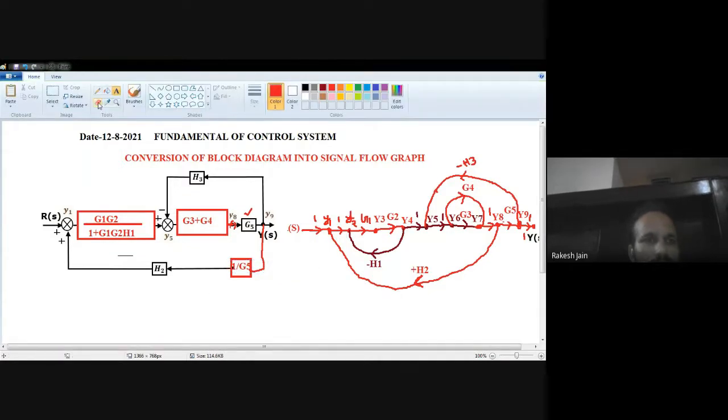Okay. Now see, first we solve with the block diagram technique, then we will see the signal flow graph method and find the answer. The answer should be the same with both methods. So now the H2 block and the 1 upon G5 block are in cascade. What is the rule for cascade? If blocks are in cascade, just multiply their gain. So we remove these two blocks, H2 and 1 upon G5, and instead only a single block will become, whose gain is H2 divided by G5.